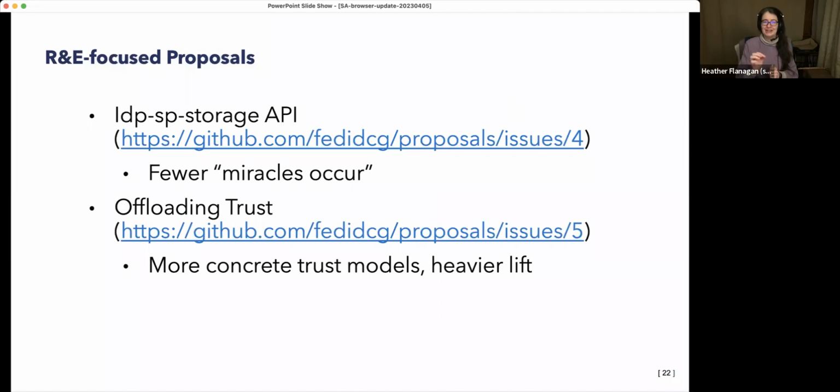which, from an academic perspective, and I don't mean like academic community, but just in an ideal world, the offloading trust model is solid. It truly is a trust but verify, and has all parties interacting with all other parties, and it's glorious, and it's a huge heavy lift, and a lot of miracles need to occur for that to happen. But still, there may be something there that we can learn from and use to update FedCM itself. In the meantime, we're focused a bit more on the earlier one, the IDP SP storage API,